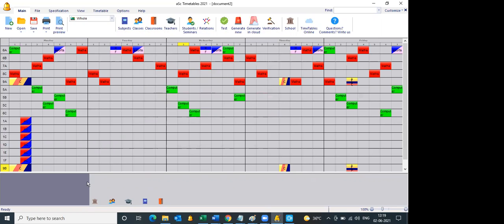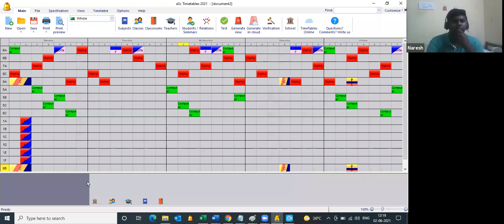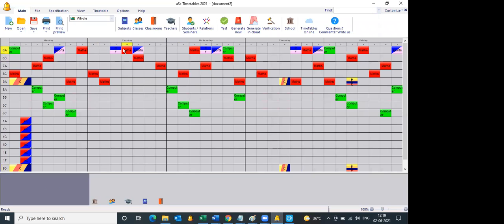So apart from this, we'll just see, after we add all the data, after we add subjects and teachers and all the necessary information for the entire 35 periods for so many sections, when we actually generate it, we'll get to know more constraints that we are facing. Maybe then we'll have to again seek help from you.